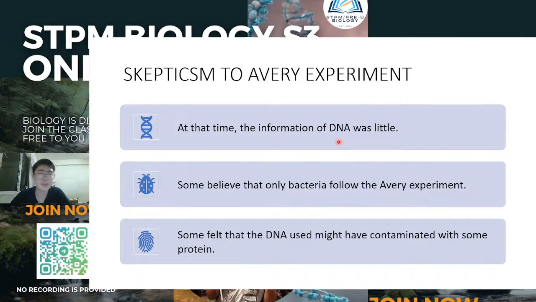They could not accept that. Why? At that time, the information about DNA was little, because analyzing DNA was very difficult, as the technology was not as advanced as now. And some scientists also said that only bacteria would follow this in every experiment. After these three